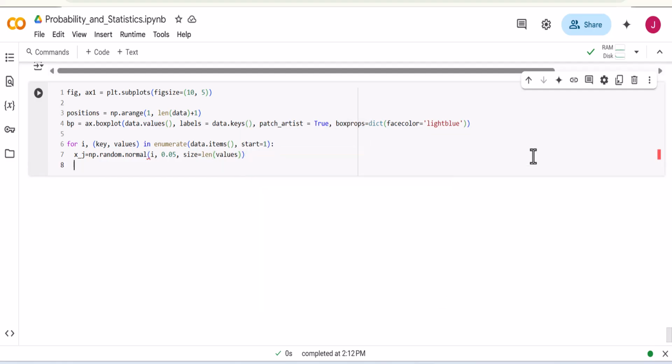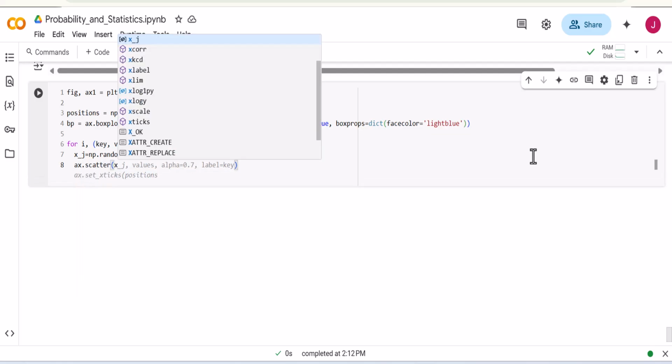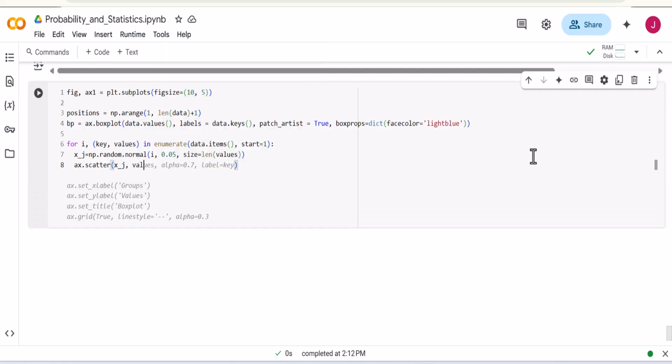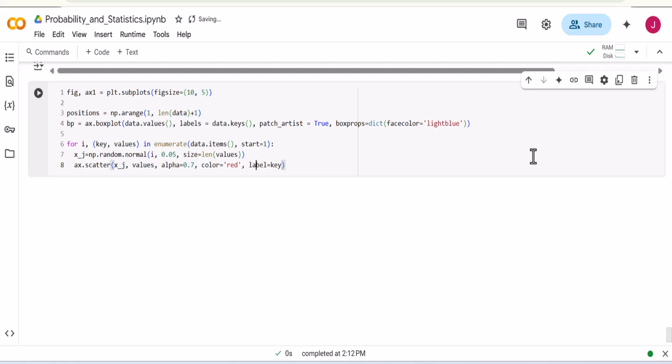Then here we say ax.scatter(xj, values), and you can say alpha is equal to 0.7, then you can say color is equal to red, for example. And you can also decide label, for example, you can say data points if i equals 1, otherwise nothing. Okay,